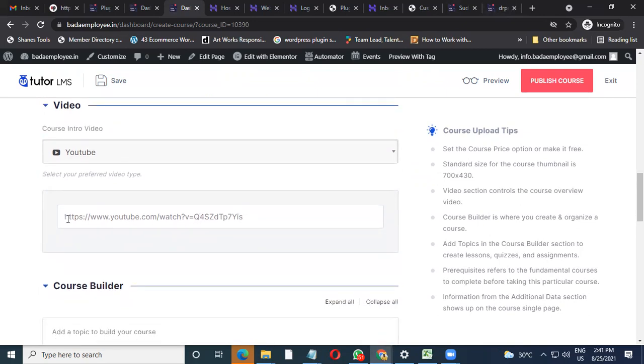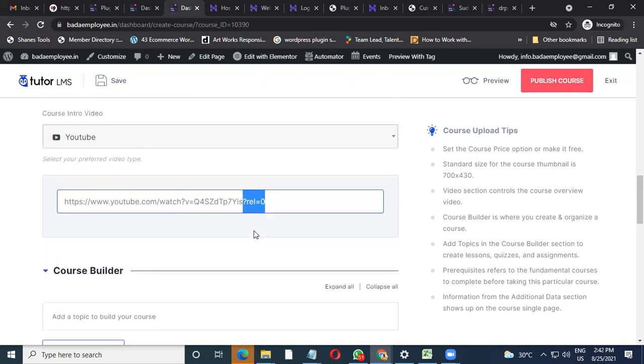The only thing is, when you're adding a YouTube link, at the end just put this. If you can take a note of it, that would be great. That is question mark REL equal to 0. So after every link, if you put this much only, what would happen is only your channel videos will be seen. No other unwanted videos from YouTube will be seen. So as soon as a student completes the video, he will be seeing only your channel. Those videos are not clickable anyway, but at least the branding won't get mismatched. People will come to know that all these videos are yours.